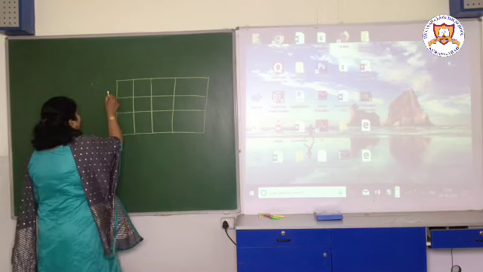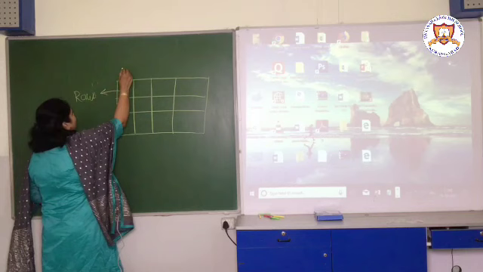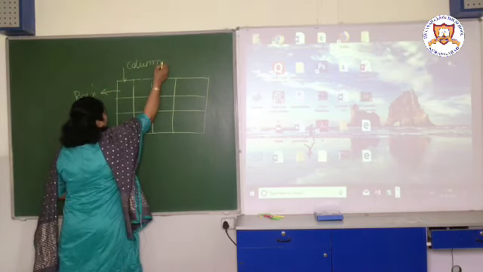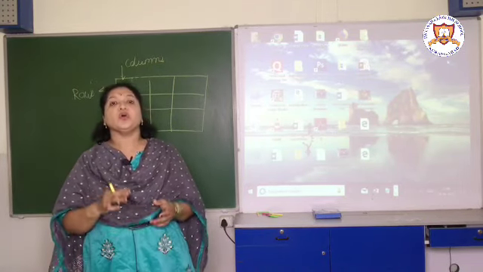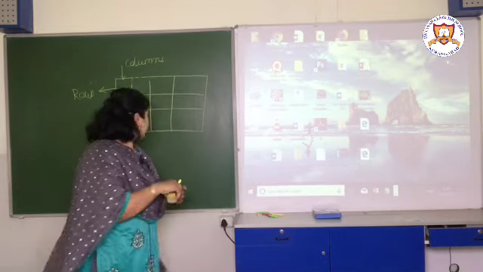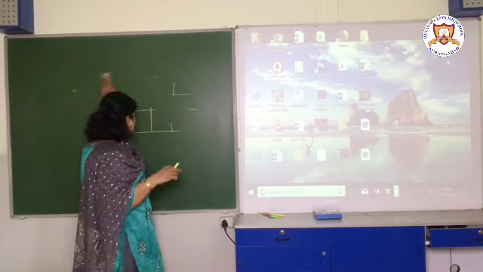So these are what? Rows. Horizontal are the rows and vertical are the columns. So in a table we are arranging the data in the form of rows and columns. Okay, so we will learn how to prepare a table in HTML language.